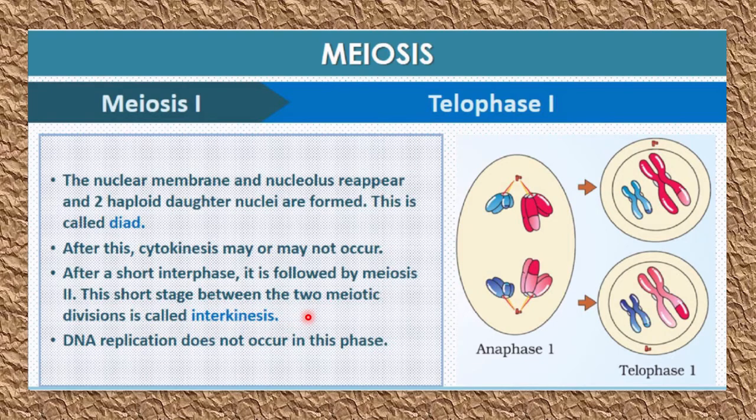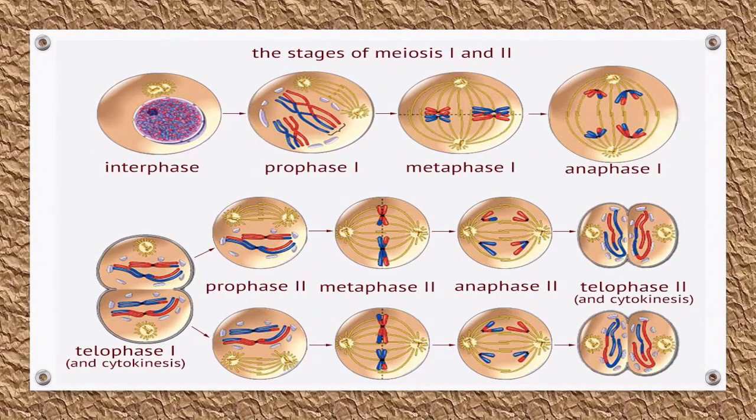and that is specifically called interkinesis. Till today we have learned about interphase, prophase 1, metaphase 1, then anaphase 1, and you can observe the changes. Finally we have finished today with telophase 1, and here you can see cytokinesis is written in brackets because it is not a compulsory stage. Finally after telophase 1, interkinesis will occur, the stage in which meiosis 1 finishes and meiosis 2 will start. So in between meiosis 1 and meiosis 2 there is a short gap, and that is called interkinesis.